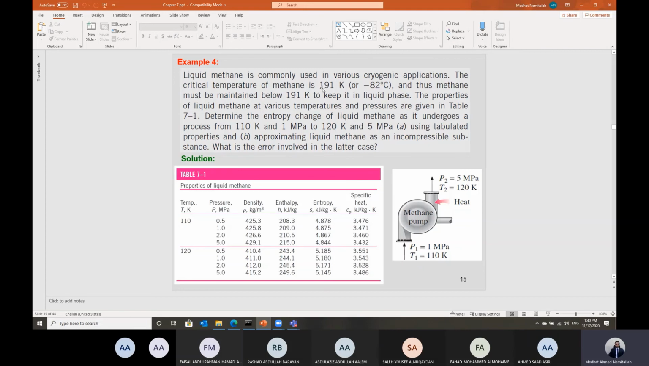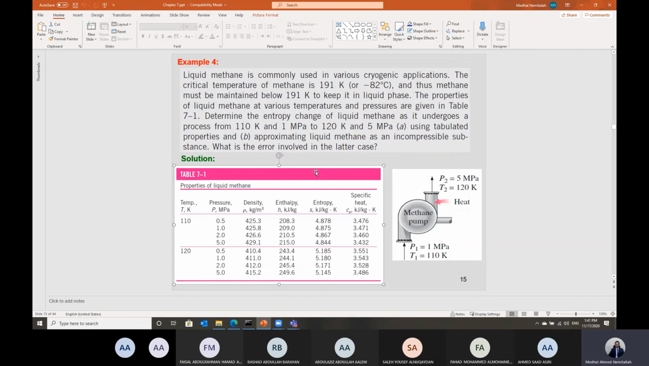And it is equivalent to 191 Kelvin in this case. The properties of liquid methane at various pressure and temperature are listed in this table. This table is just given for you as an indicative example here. In your exam, I will not provide you this table, but just to give you